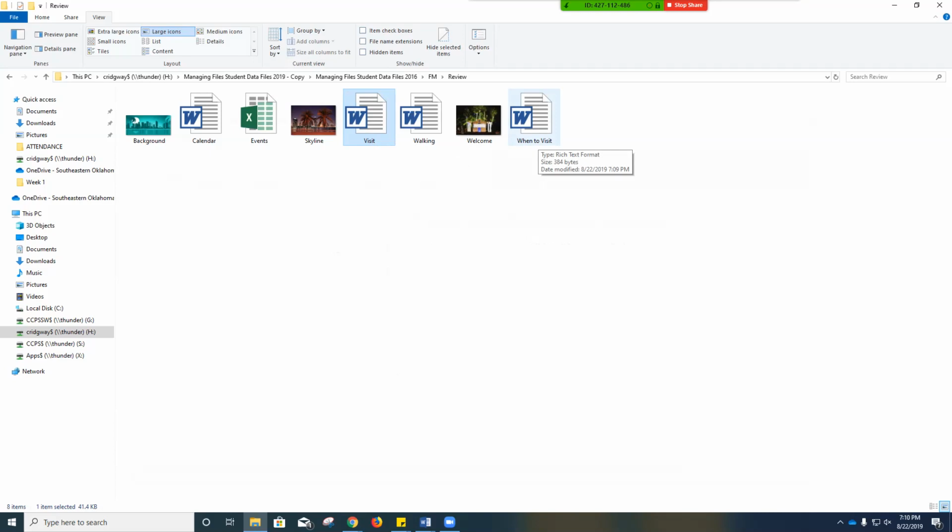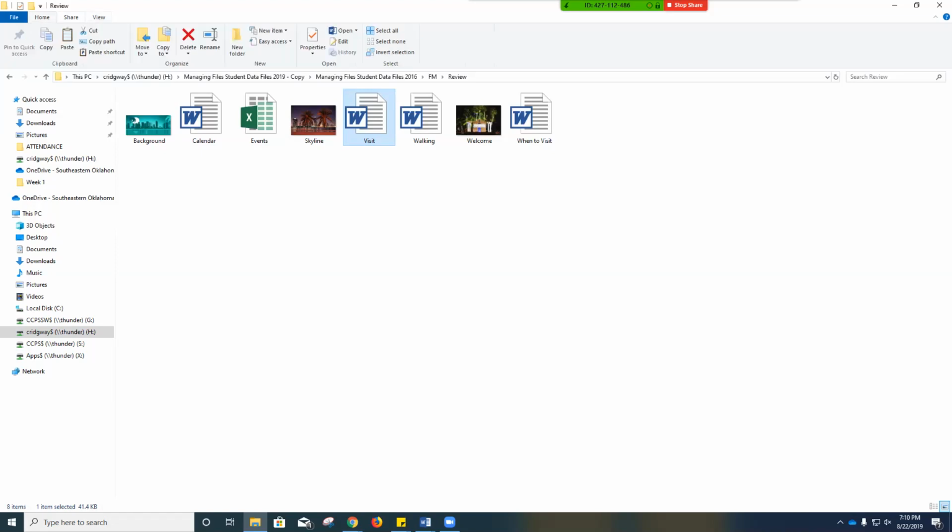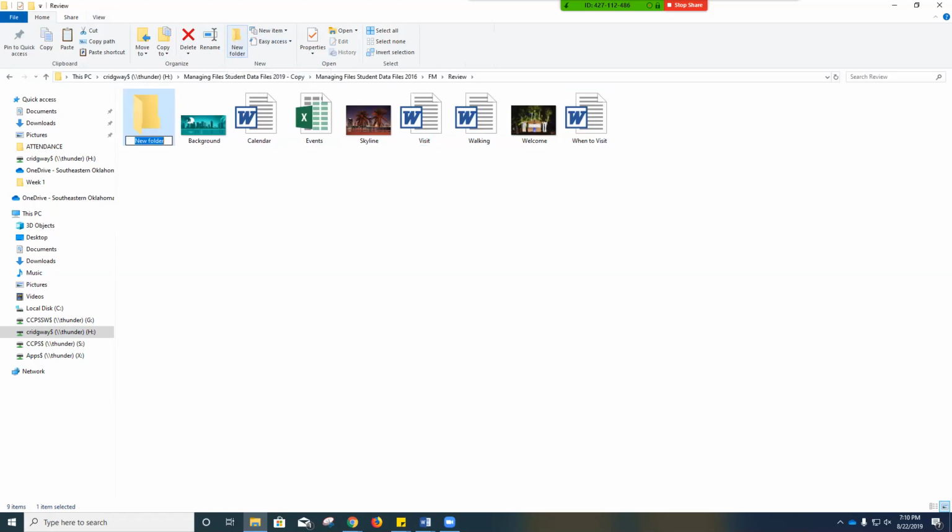Now, going back to step 4, in the review folder, create 3 folders and name them Business, Newsletter, and Tours. Okay, so we're going to go up to the top, and we're going to click on the Home tab, choose New Folder in the New group, or it'll either say Create a Folder or New Folder. Click on New Folder,